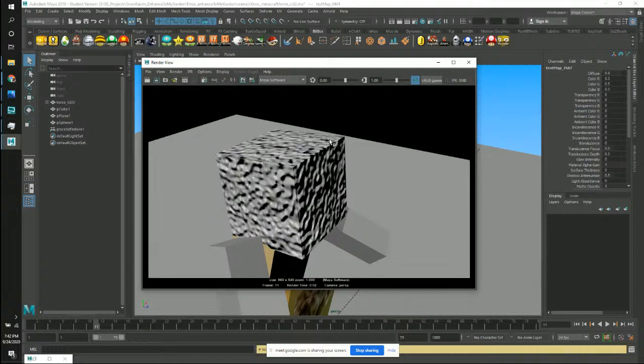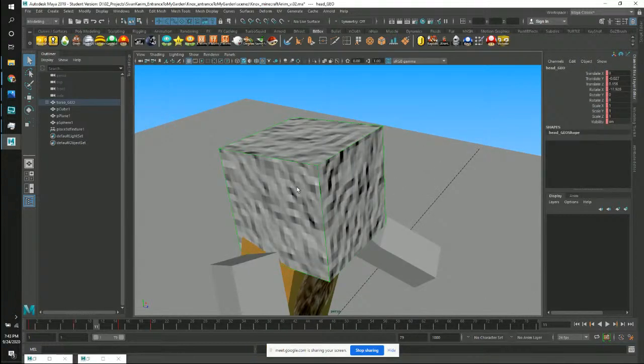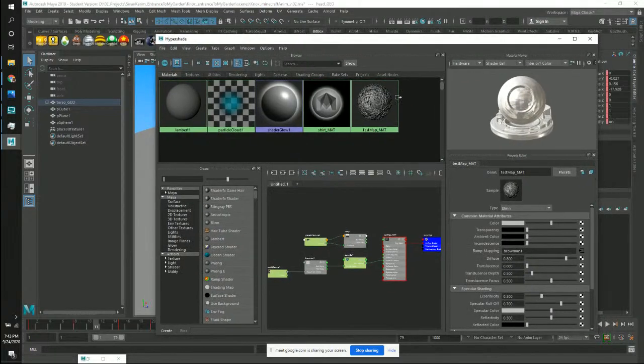Now if we are trying to change the silhouette, that would be a displacement map. It's a little more complicated and requires a little more troubleshooting, so it's a little more advanced. But as far as smaller details, bump maps get the job done. Let's see if I can make this more dense, going back to my Hypershade